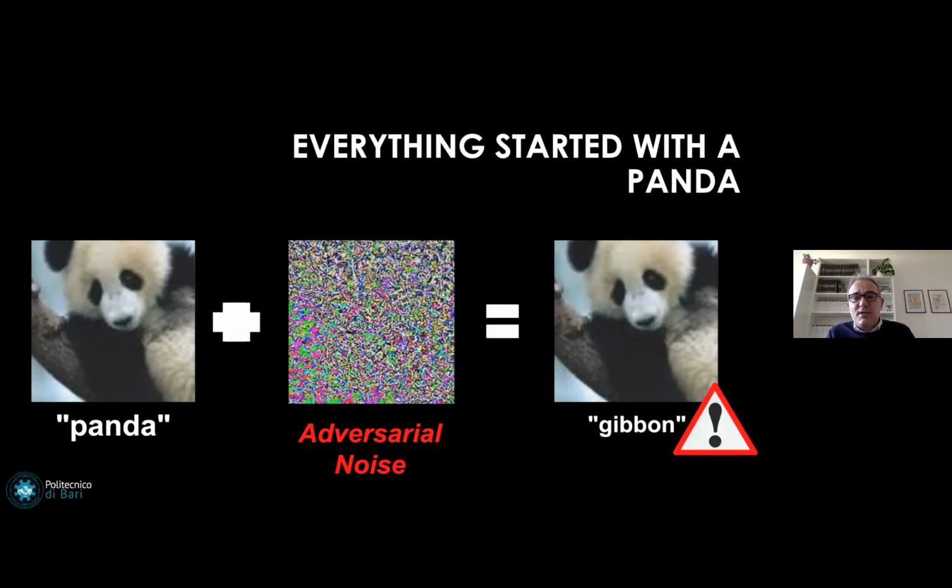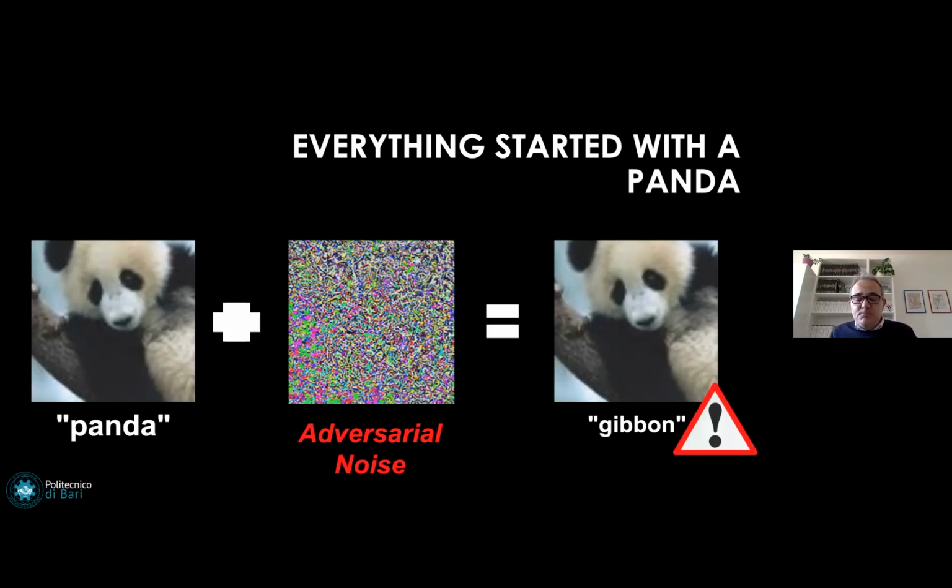The point is that we can add some adversarial noise to this image, such that by adding this noise to the original image, we get the image that we see on the right-hand side of the slide. And if we look at this image, to me, it is exactly the same as the previous one. I cannot see any visual difference between the original image